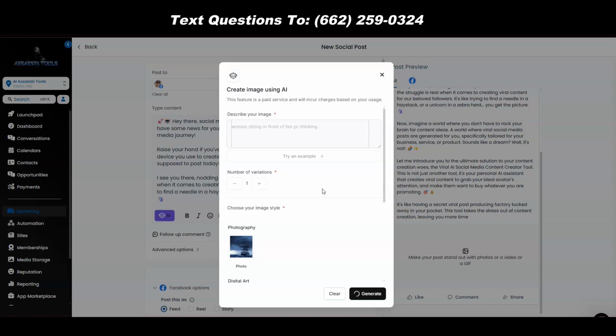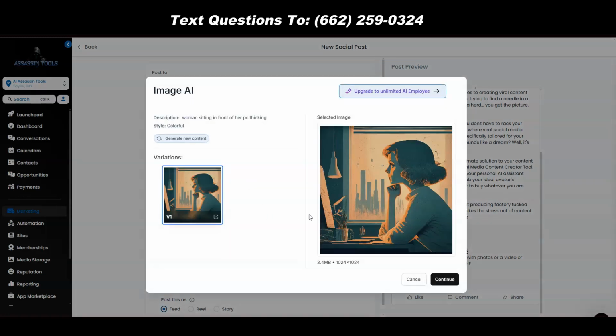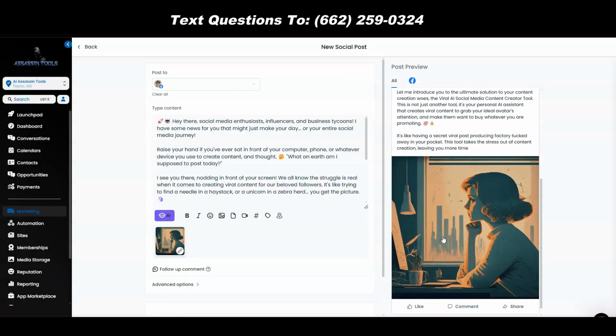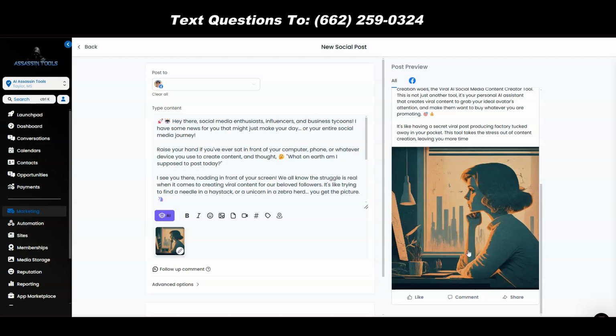We're going to generate. This is costing me a little piece of change, but that's all right because I really want you to get the gist of this. You can put many variations here if you want. Okay, so that image is okay. I'm going to click continue and it injects it into the post. Now once it injects it into the post, the only thing you have to do is come right here